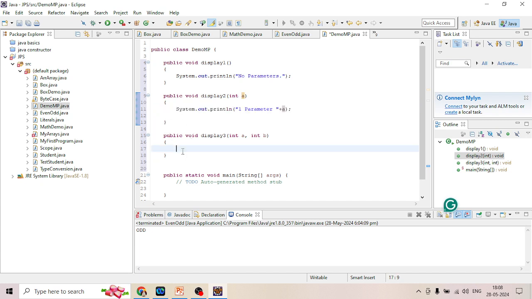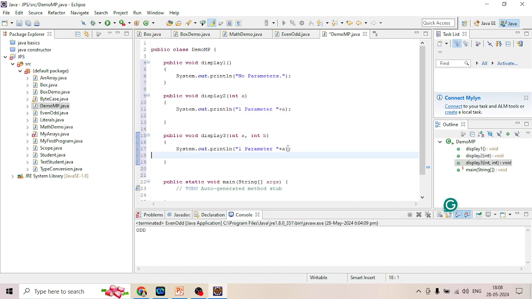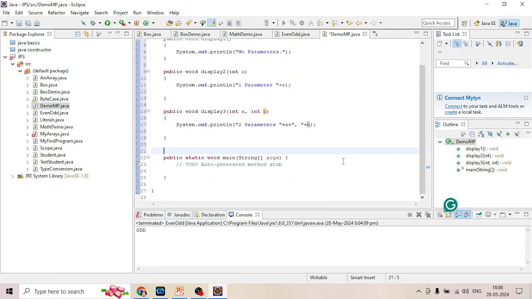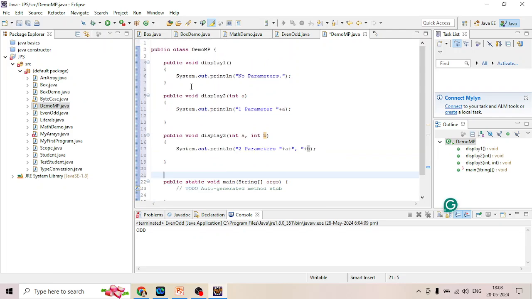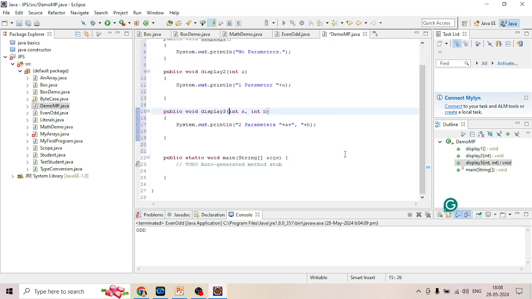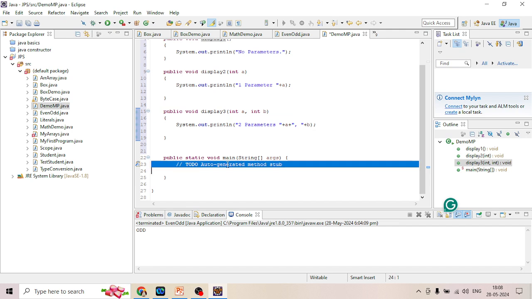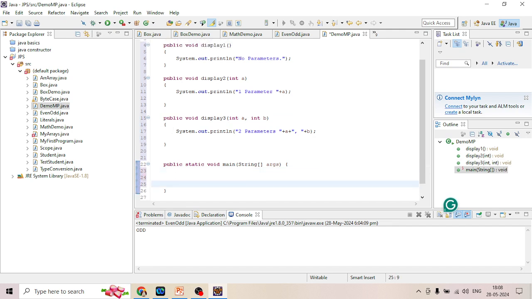Here there are two parameters, whereas their values are first a plus another one is b value. As we call method, for example 1 or 2 or 3, accordingly that method will get called and display the value. Create an object, say demo